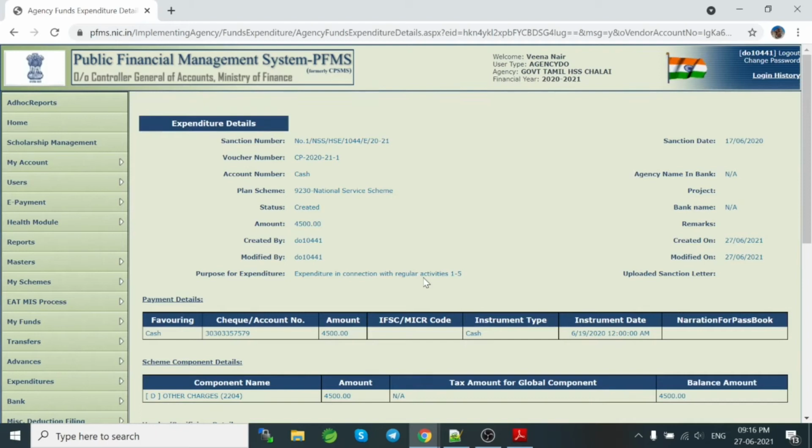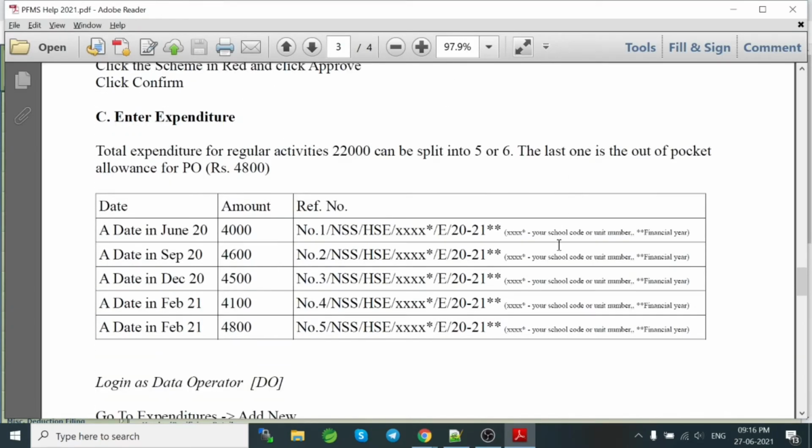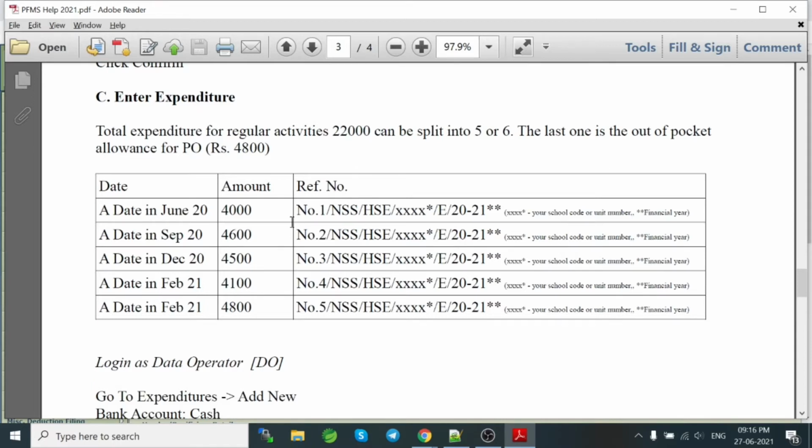Now either you can log in as data approver user and approve this. Now I'd like to continue with the rest of the data entry. We have 18,500. Now we have applied loan, and I can enter the first 4 data entries now, and I would like to leave this 4,800 now.